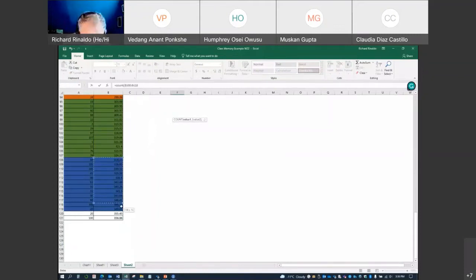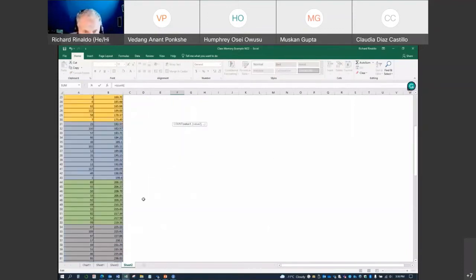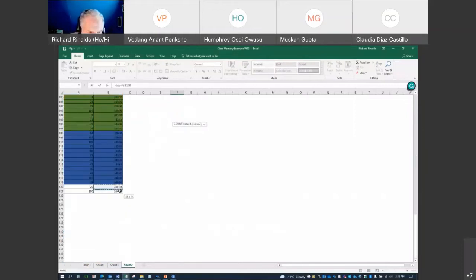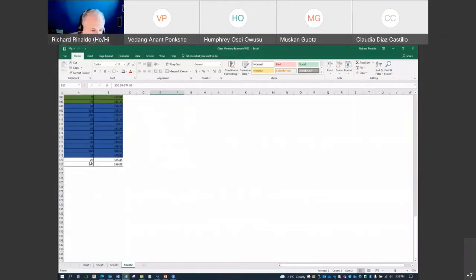Okay, then the final one is 350.00 to 374.99. And let's leave it white. Equal to count. There we go. Maybe I should give it a color there. Okay. Let's make it dark gray. So see how I've created a grouped frequency distribution with